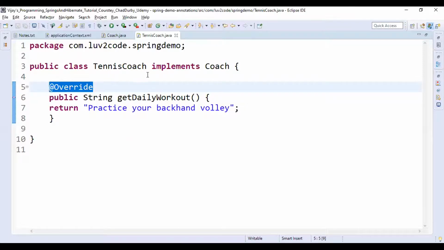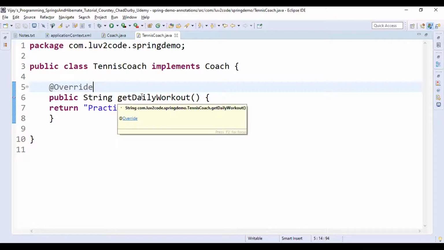We are giving the promise to the compiler by keeping this @Override annotation on top of this getDailyWorkout method.